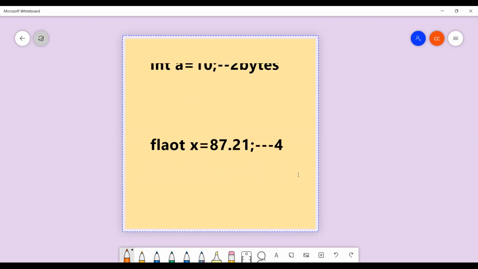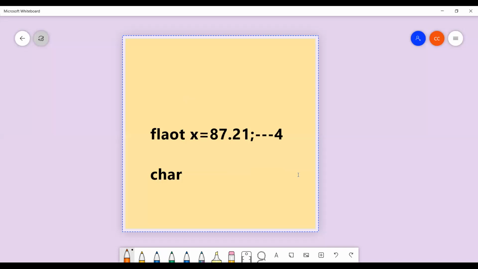Like that, suppose you take a character, char c equal to, suppose I store z. Here character is a data type, c is a variable name, and it stores a value that is z.